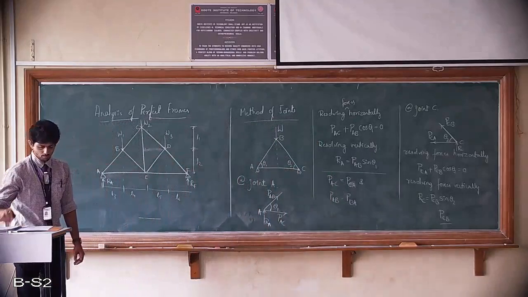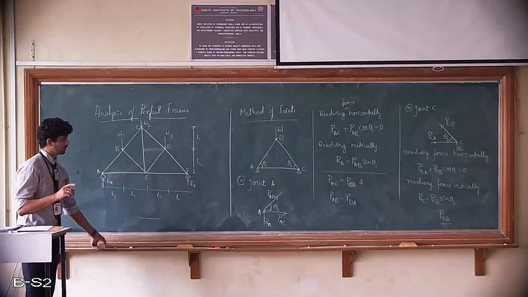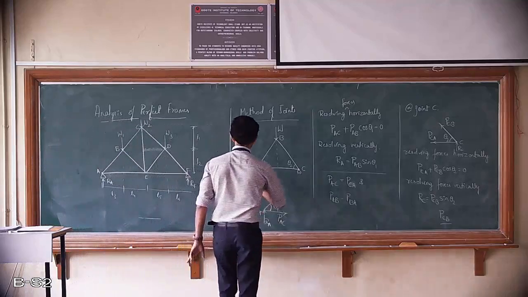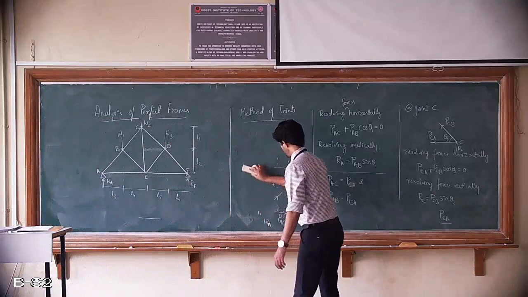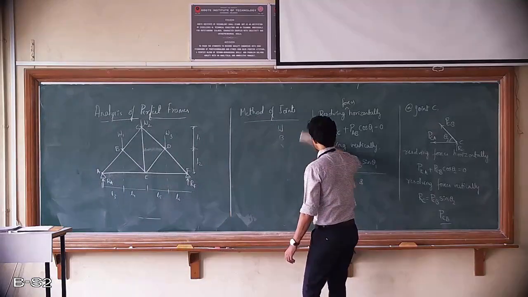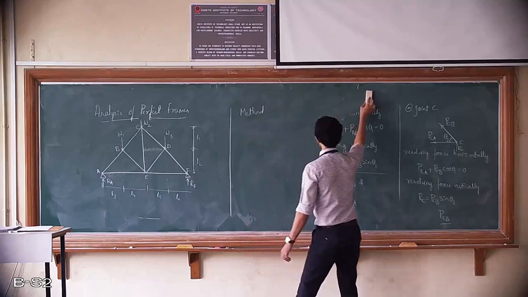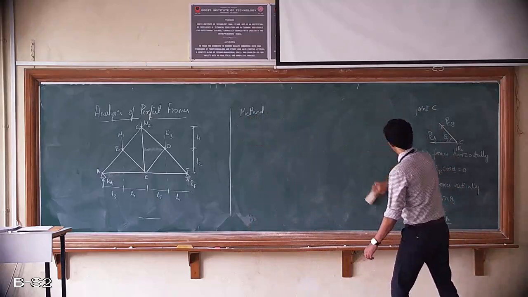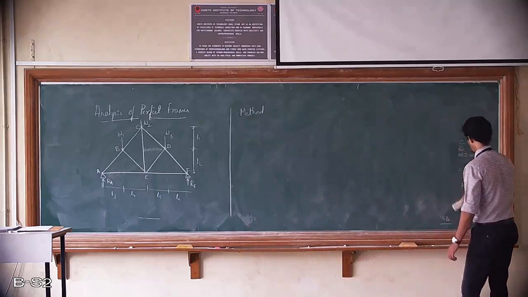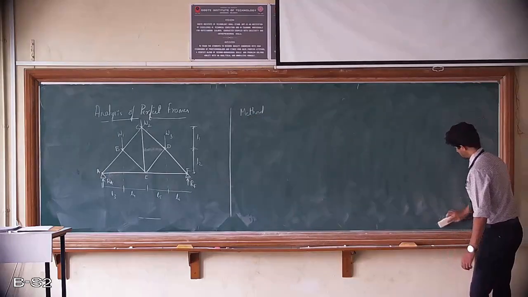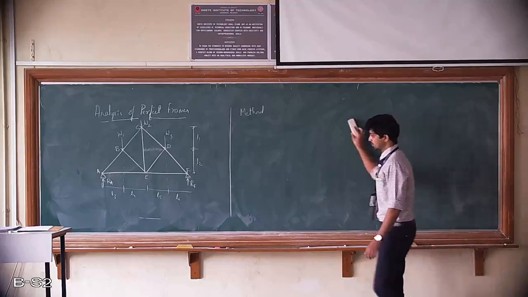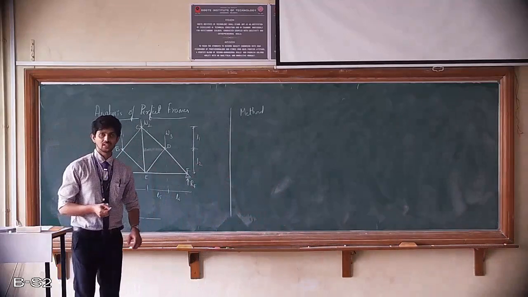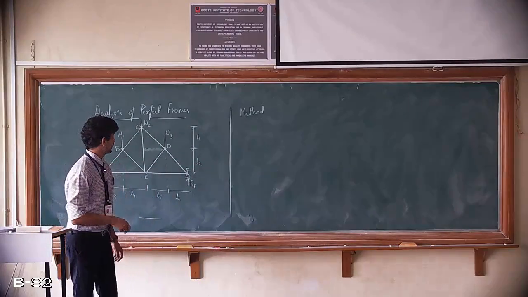Now, the very important method is method of section, which we haven't covered. This is just a quick recap. Next is method of sections. So method of section is a little different than method of joints, because here we consider certain section in a given structure. That is going to be the last topic in this particular module. Maybe next class we'll begin with the next module, unit number 5.